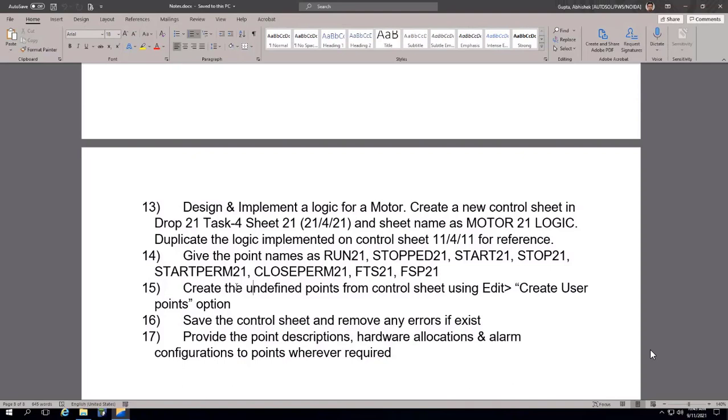Any other concerns, from step 13 to 17? Apart from this question from Mohanad, are there any other queries in step 13 to 17?